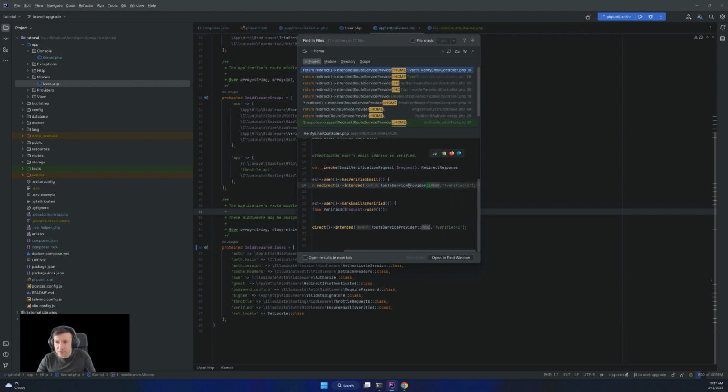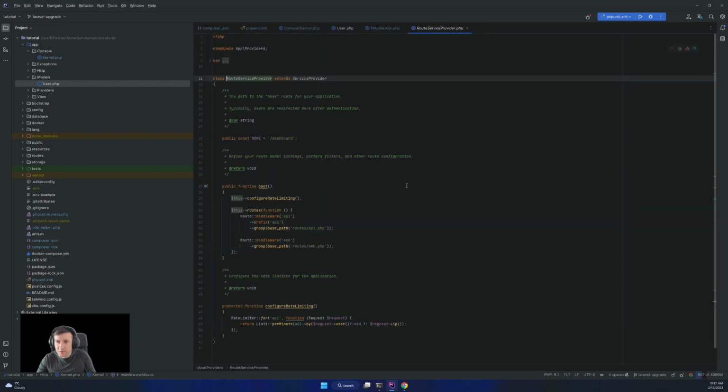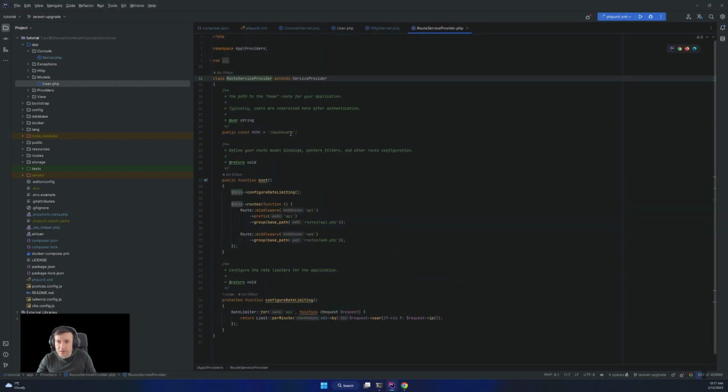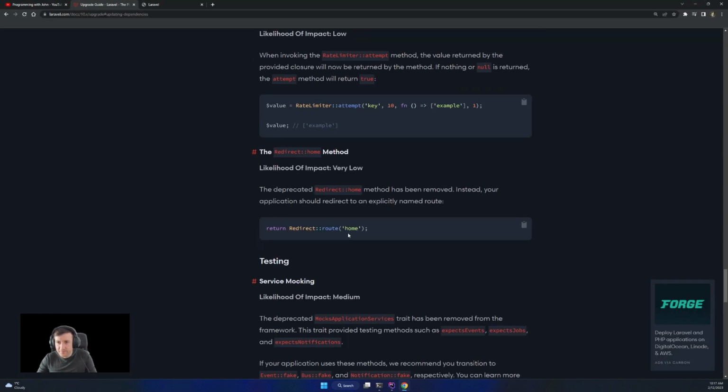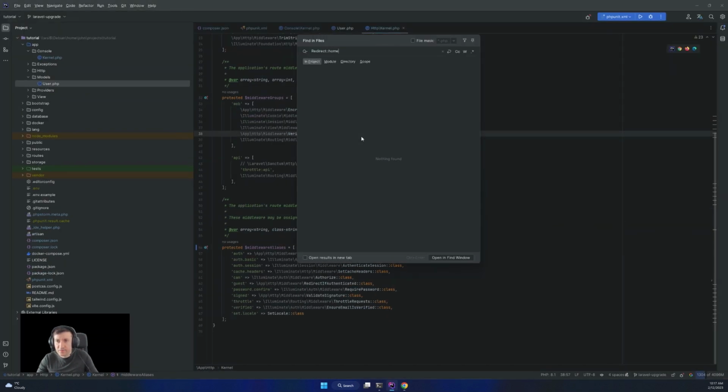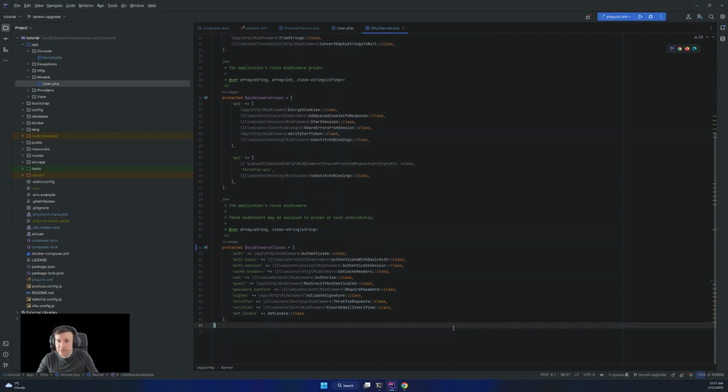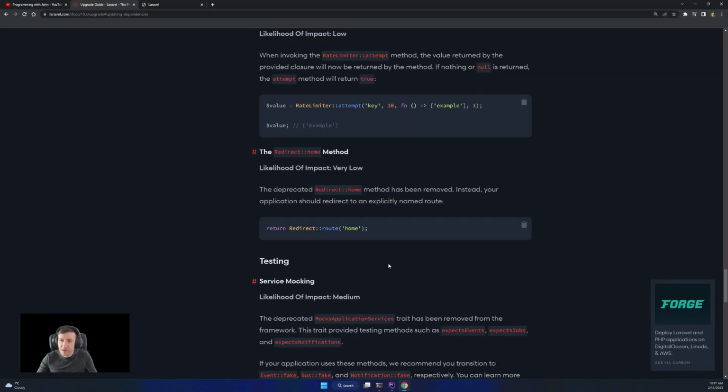It is RouteServiceProvider HOME, so it's not redirect to route home, so we're good. Let me search it again to make sure it's not used, so we're good.